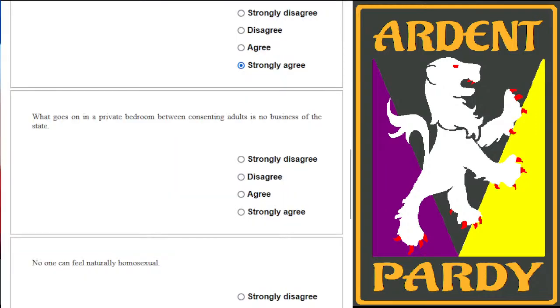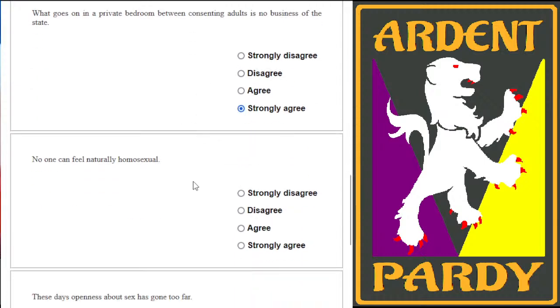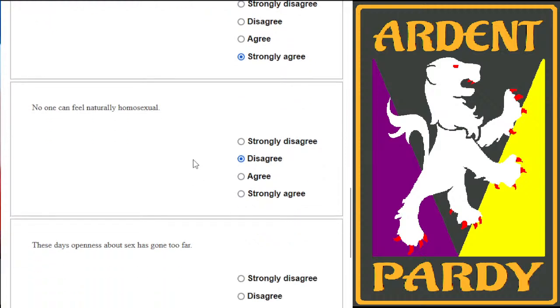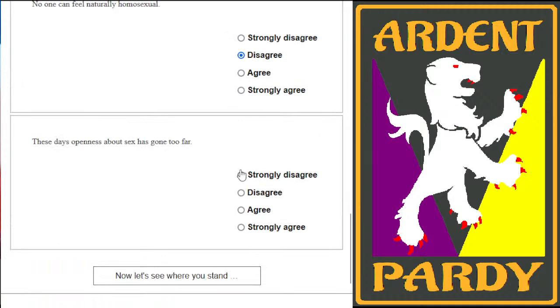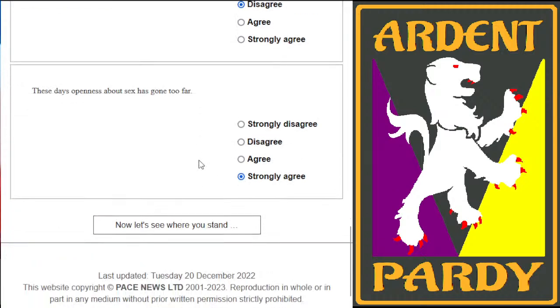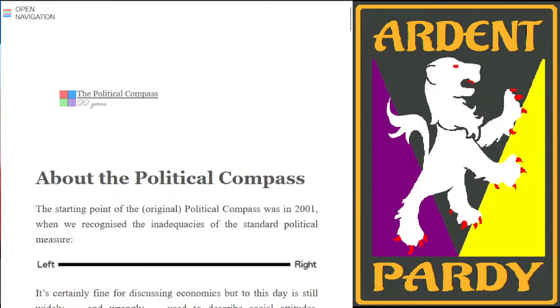I see that in chat. What goes on in the private bedroom between consenting adults is no business of the state. I strongly agree. No one can feel naturally homosexual. I disagree. I think there is a degree of natural homosexuality. Openness about sex has gone too far. I strongly agree. And let's see where I stand. But before we do that,